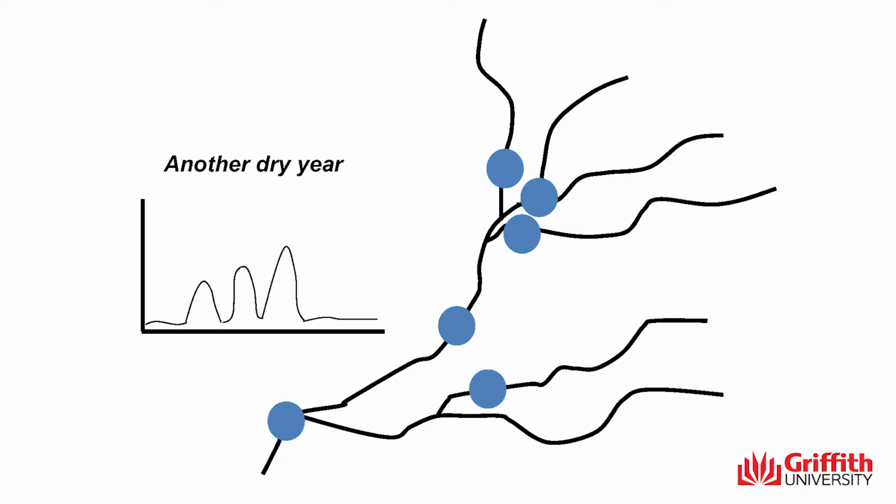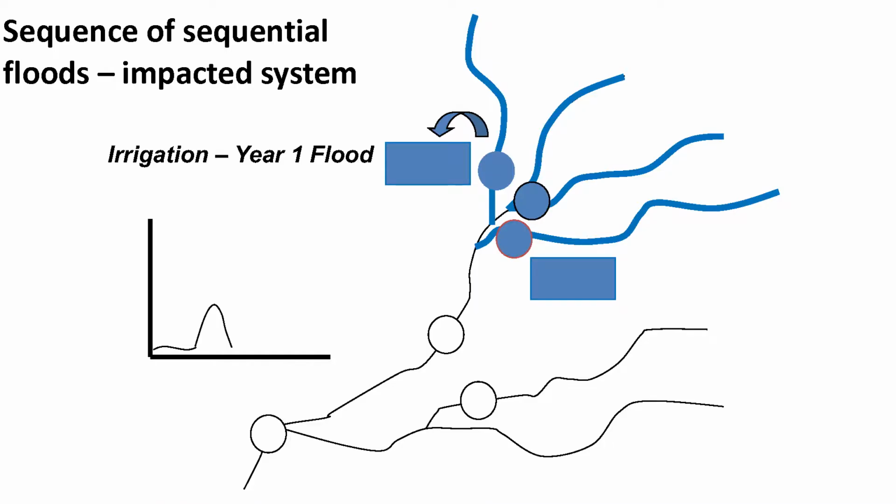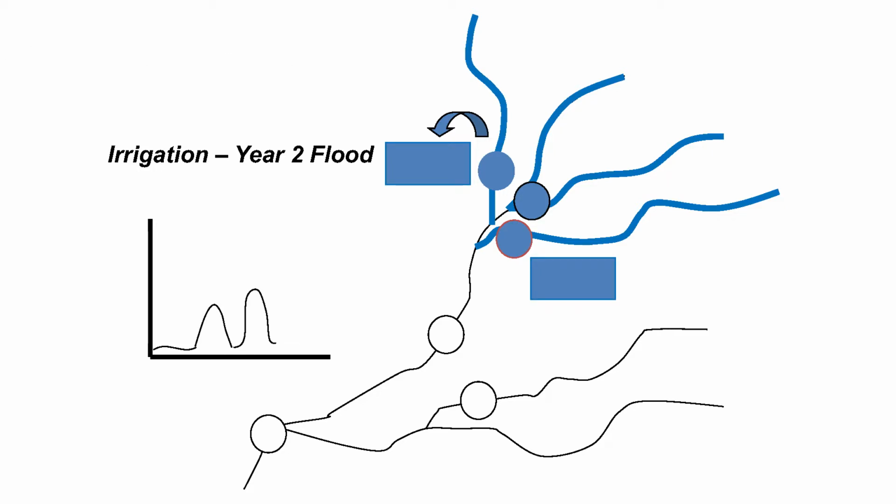So when you put irrigation on top of that, you actually change the whole way those floodplain wetlands are actually working in terms of being sponges. So if we just run through my bad graphics again, the water's actually pumped out in the northern basin after the first flood because it needs to fill the off-stream water bodies, which are the squares, the off-stream storages. And so the second year, it will flood, and again, more water can be pumped out. Now, of course, if the second year flood's really big or the first year flood's really big, some of the water does get through.